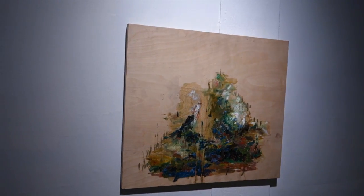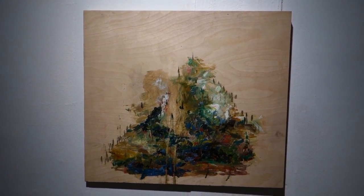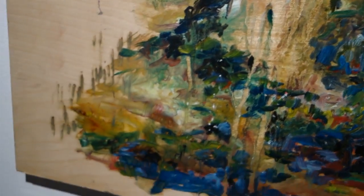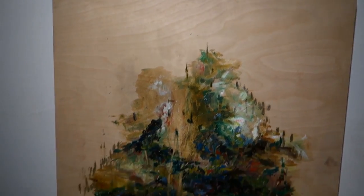So this piece here is close to the end, and I wanted to explore and maybe lead this into the future work. It's more like storytelling overall. Actually, I like that with the raw wood. Mm-hmm. And this piece is